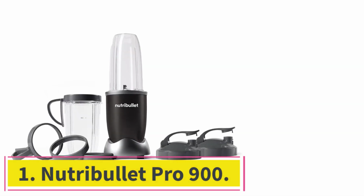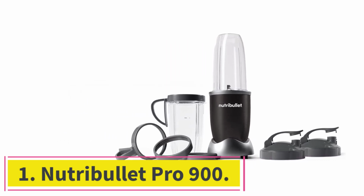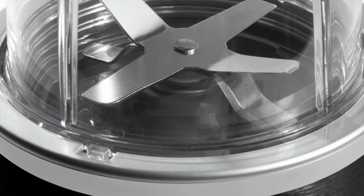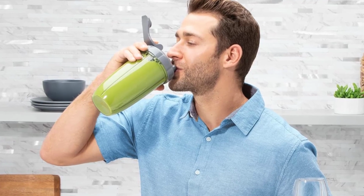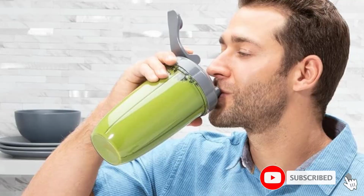Starting at number 1. Nutribullet Pro 900. I have come to rely heavily on my Nutribullet Pro. Though it's still much smaller than a full-size machine, it has the largest capacity of any personal blender on this list, meaning I can use it to whip up a salad dressing to keep in the fridge all week long, blend enough sauce to coat more than a full pound of pasta, and chop salsa for a generous bowl when